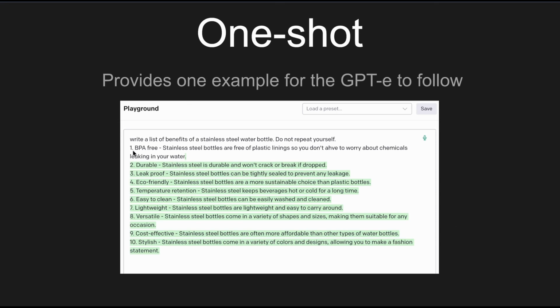And then you give the first one: BPA free, stainless steel bottles are free of plastic linings, so you don't have to worry about chemicals. You see how it's misspelled here? It doesn't care. It will still understand about chemicals leaking in your water. So you give it one example, so it will take the style and it will follow your zero shot here to give you the rest of the suggestions.